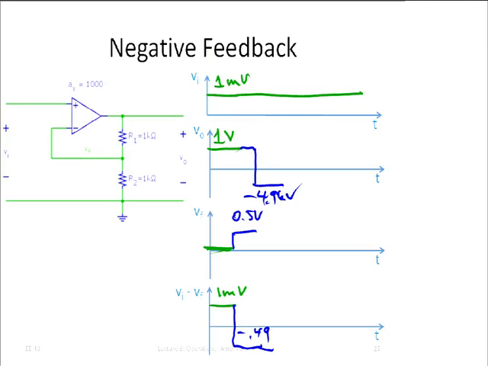So Vi is a millivolt. Vf now is 0.5 volts. Then Vi minus Vf is minus 499 millivolts, right? And now we are amplifying this, and that gets minus a very big voltage. And then I'm not sure, did I do something wrong? Well, what should happen is now